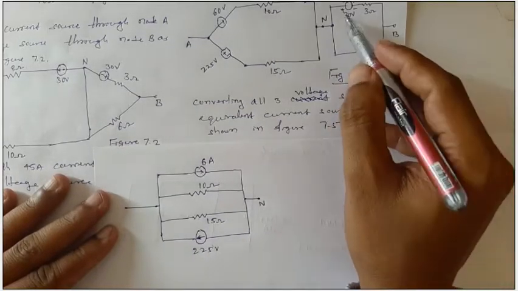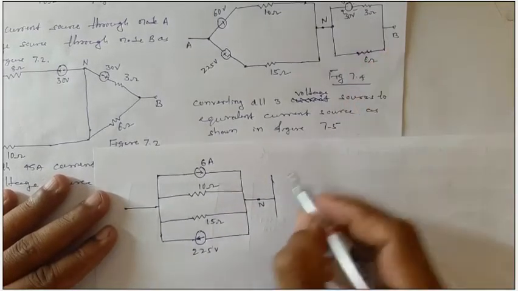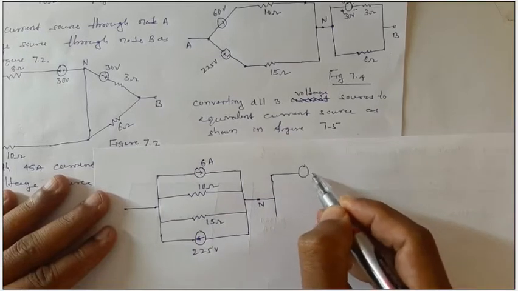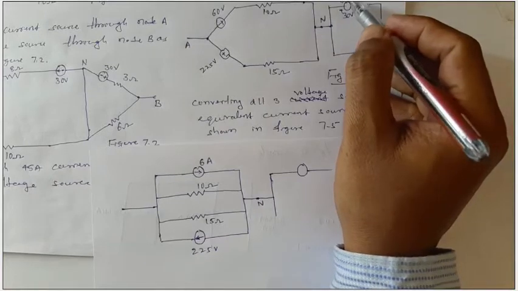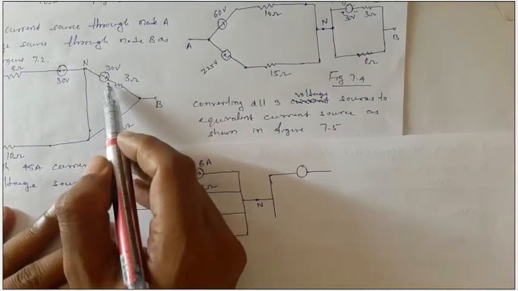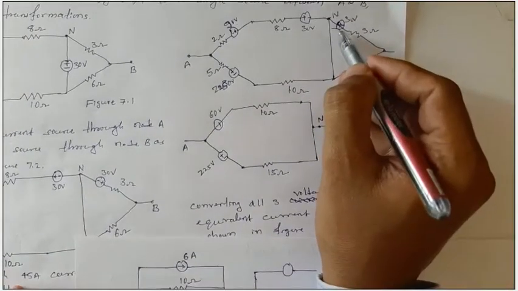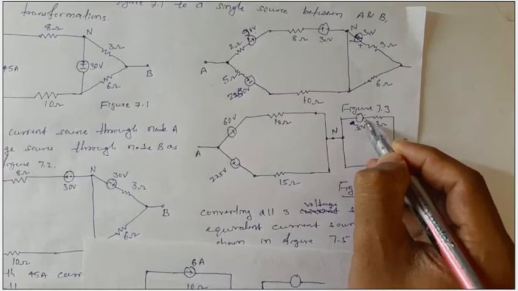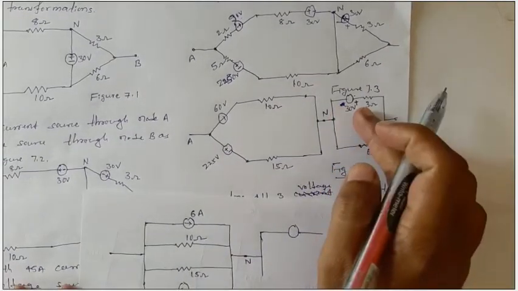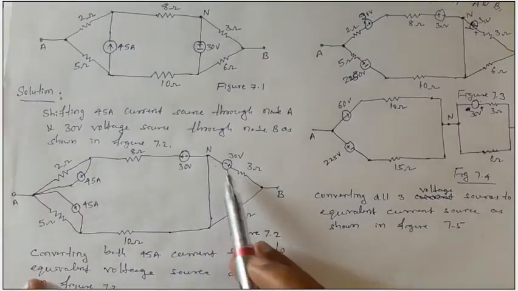Here, 30 by 3 is 10 ampere with a direction, say this direction. If you see, dear students, we have missed the sign here. This is negative, this is positive, this is negative. Let me make a little change, I wrote it wrongly. This one is negative, this is positive. So the current direction is this side. Sorry, from this, if you see, this is negative, positive, negative, positive, negative, positive, right?